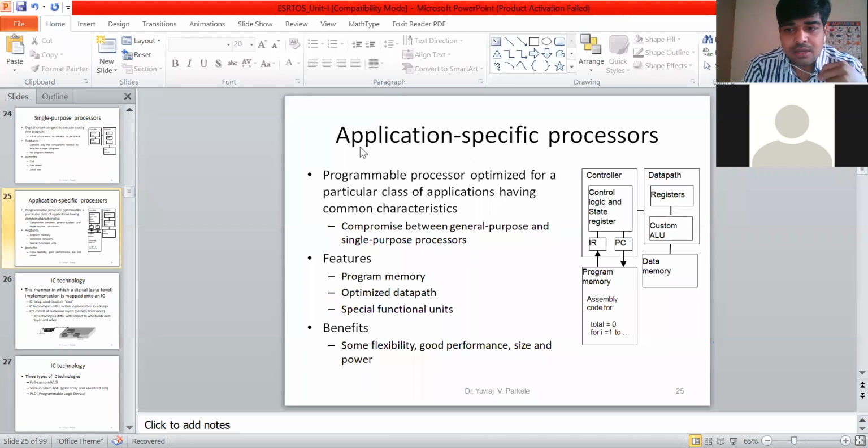You have studied, your lectures have already started on VLSI. Now what is the meaning of VHDL? You have studied VHDL. This is a concept from VLSI. VLSI means very large scale integration. What is VHDL?